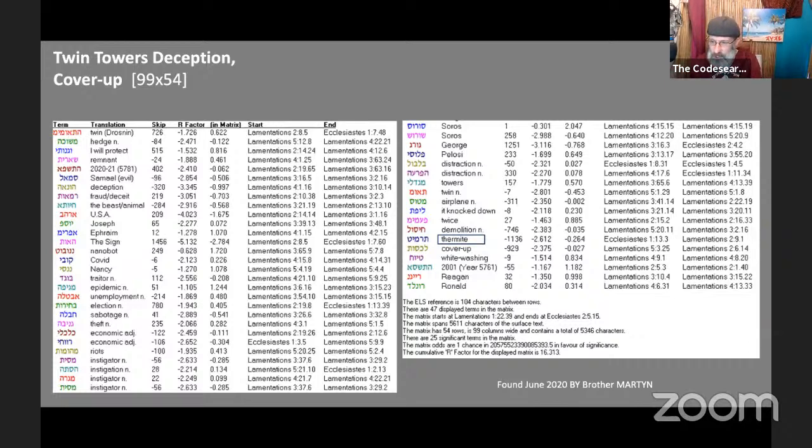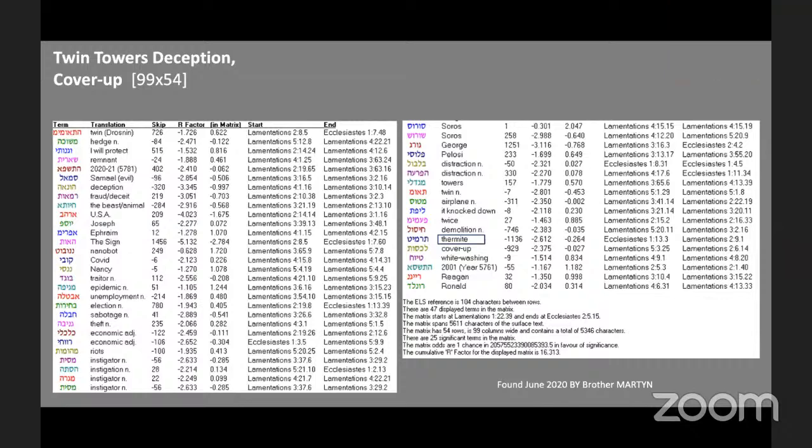Even when you see him sitting in the classroom reading that book, if you look at the vocabulary words for that day, it almost looks to me like a spell, like something witchcraft, because they were reciting it over and over again from the teacher. Remember that? I don't know if you guys caught that, but that's a real thing. All the vocabulary words that the teacher was going through were about the event that was taking place at that moment. So what's interesting is that this table definitely tells a story about the fact that this was a deep state operation and a cover-up.